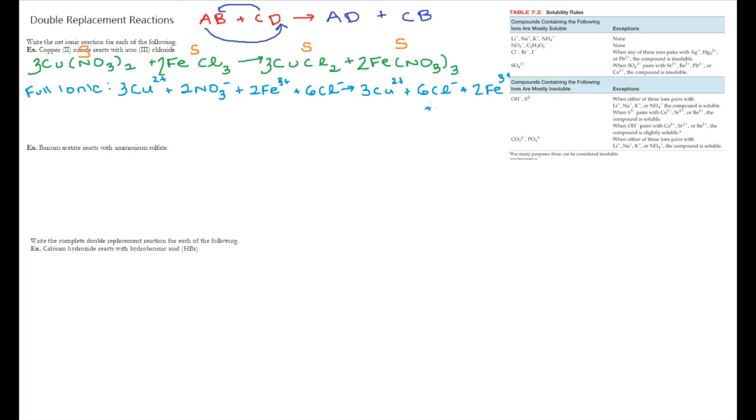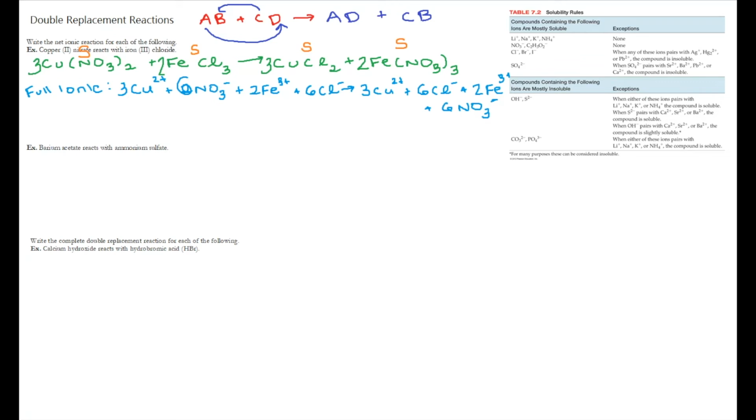And I'm going to write right below here because I ran out of space. I've got 6 nitrate ions. Now, I noticed as I'm writing this, I made one mistake, and maybe you guys caught me on it. I don't have only 2 nitrates here, like I wrote right there. Notice I've also got a 3 in front, so it's 3 times 2, which gives me 6. So if you notice you've got different amounts of one polyatomic ion or one ion on either side, you did